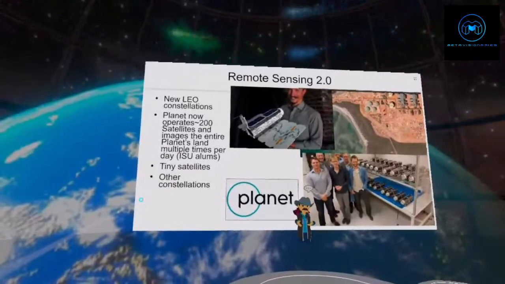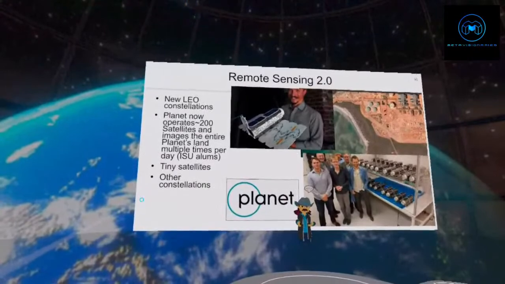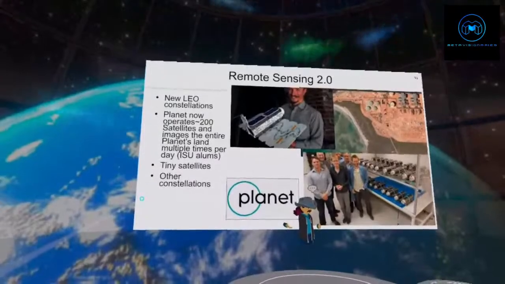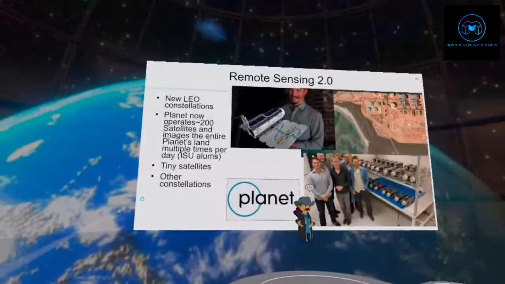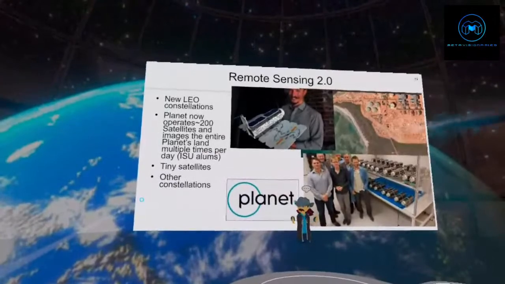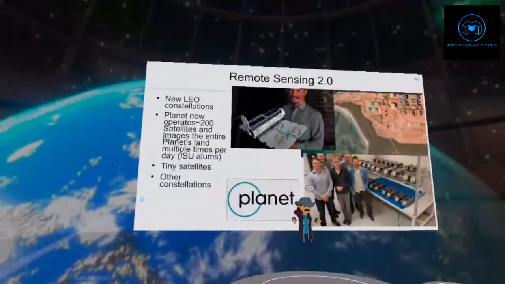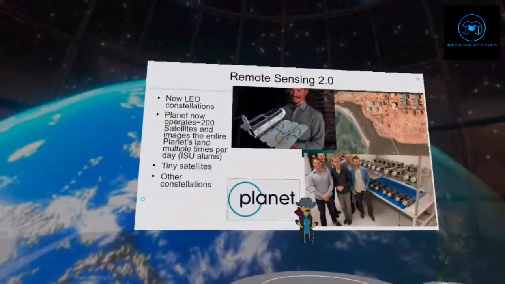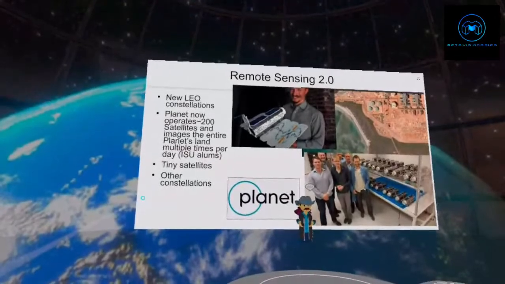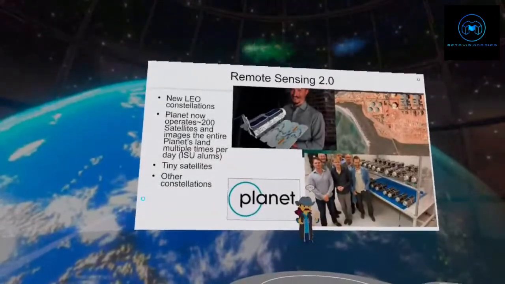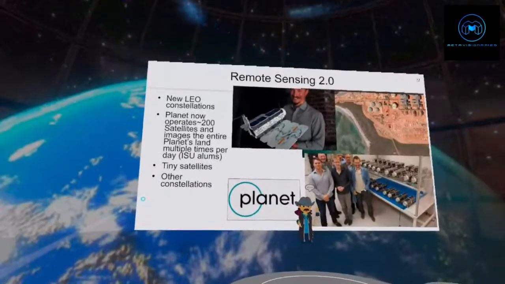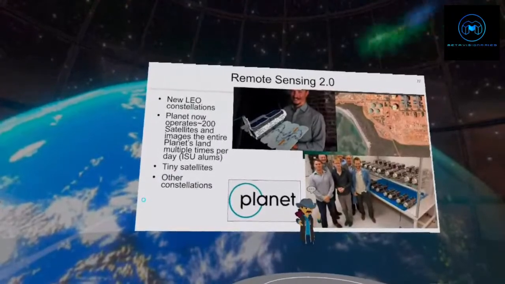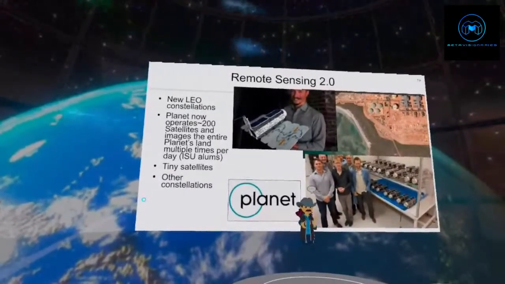That's one of the Planet satellites. They call them Doves. Here are some of the guys down in what they call their clean enough room. This would make people at NASA get very nervous, but it's clean enough. And they've created these 3U CubeSats, and these are currently operating the world's largest commercial remote sensing fleet in existence. Planet has over 200 satellites operating in orbit right now, and they image the entire planet every day.